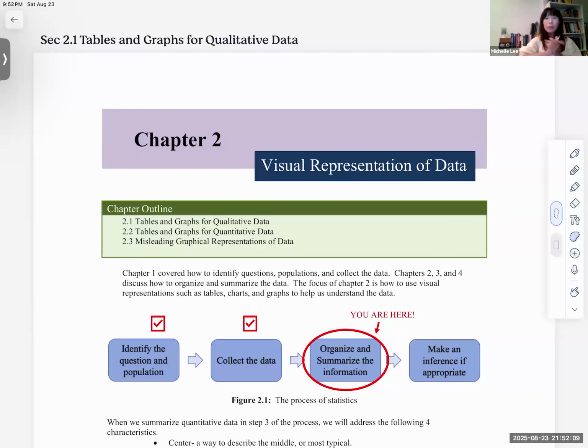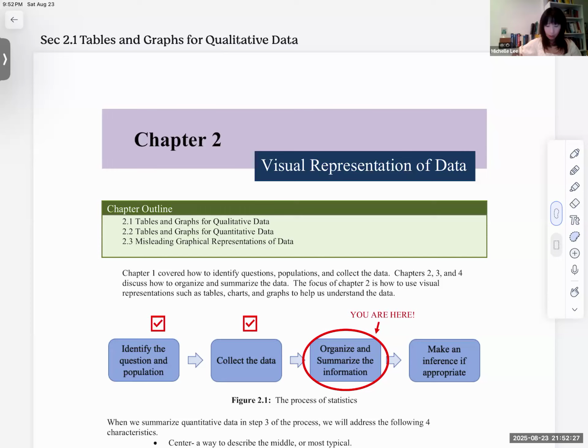Hello, everyone. So previously we finished chapter 1. So today we do chapter 2. Chapter 2 is about visual representation of data. So we had